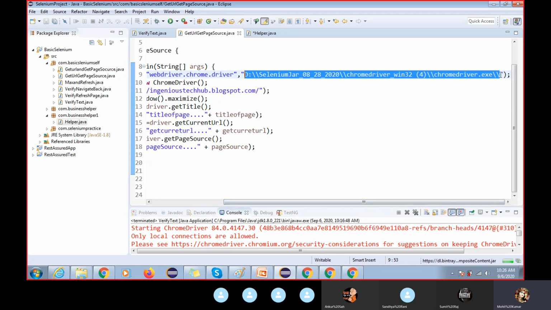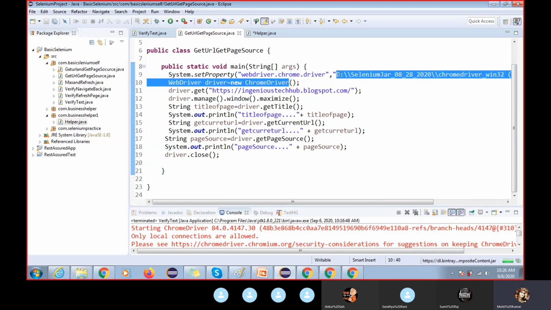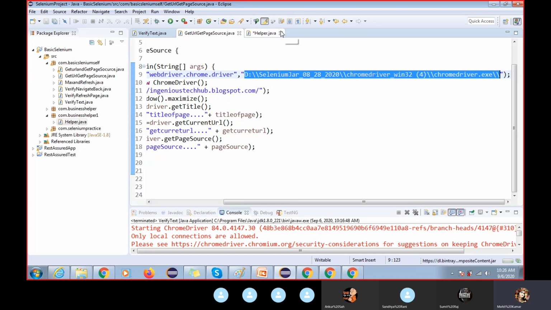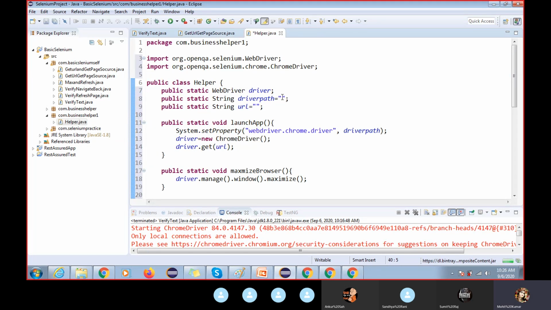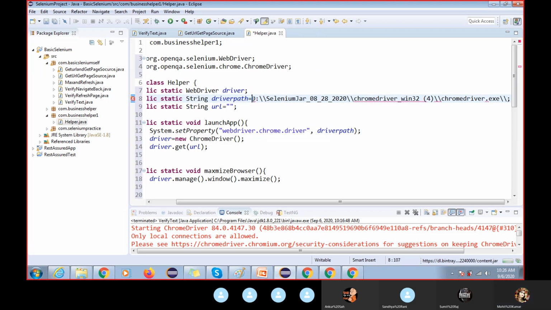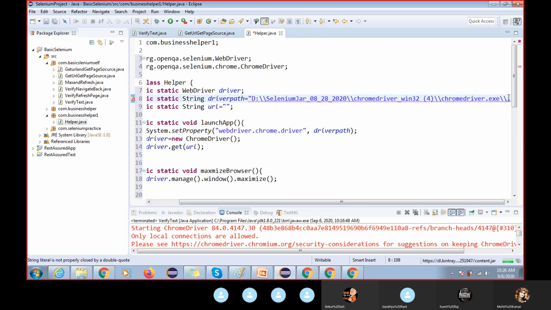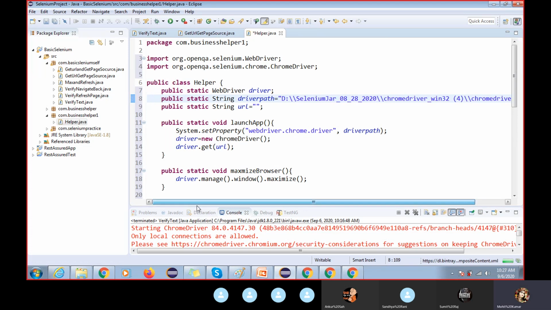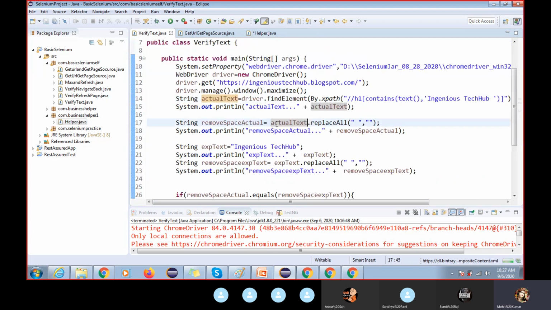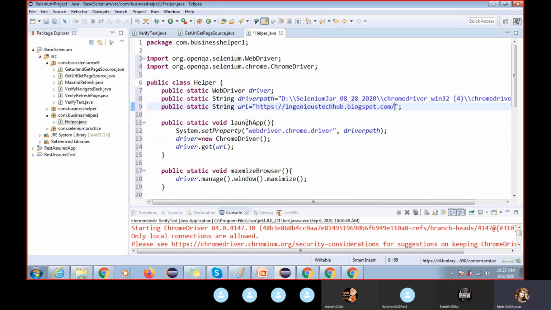Whatever variable we have created here, the same value you have to give over there in the helper class. So you can give your driver path here in the helper class. Now the URL. What is your URL? The URL is this one, so give whatever URL you want to pass here.